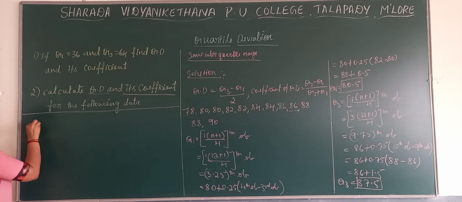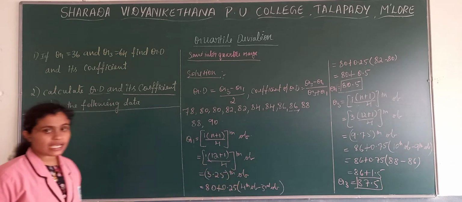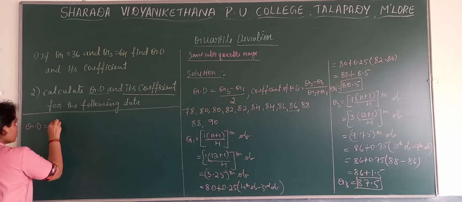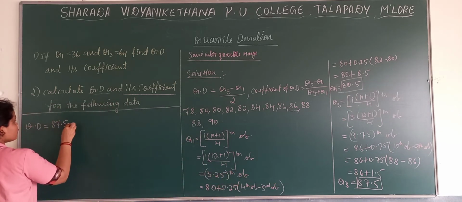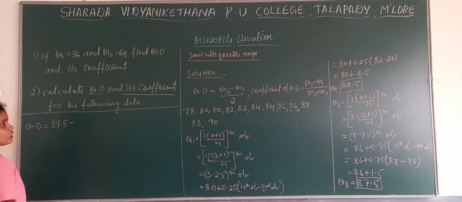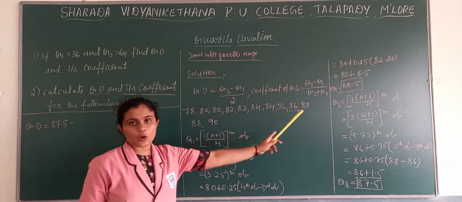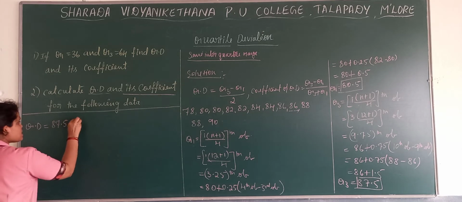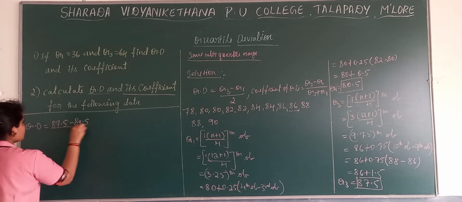Write quartile deviation; no need to write the formula. We have written the Q3 value is 87.5, then minus Q1, which is 80.5 there, divided by